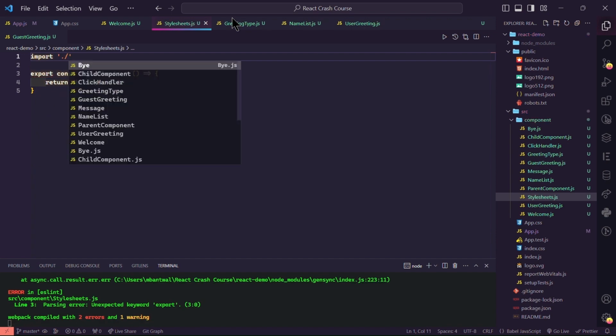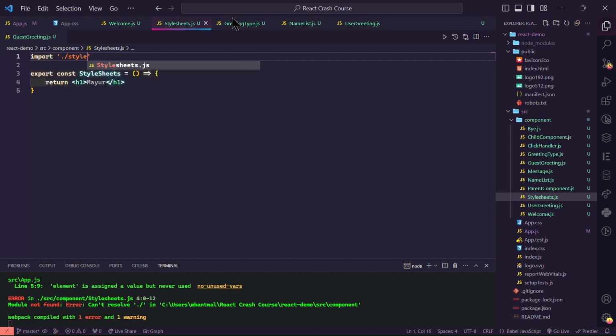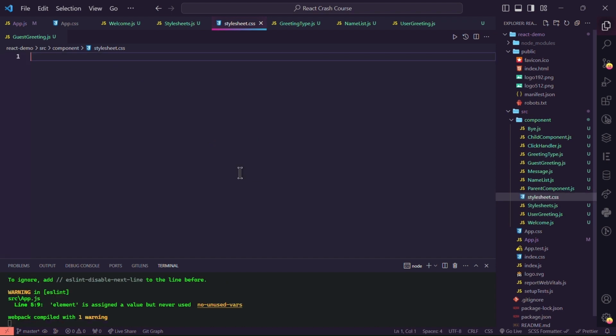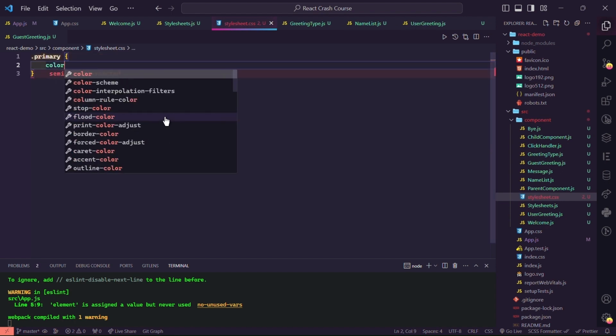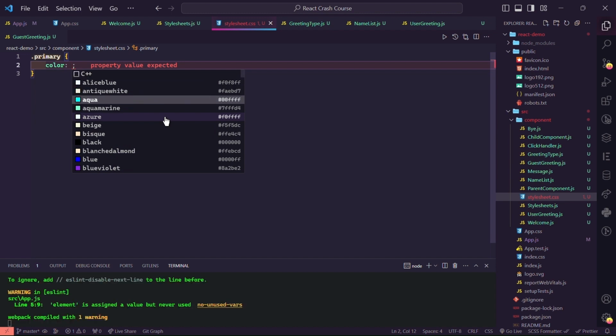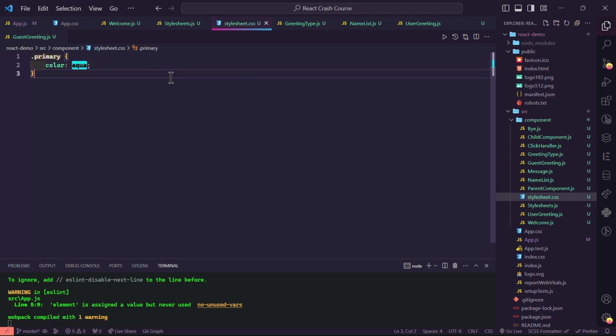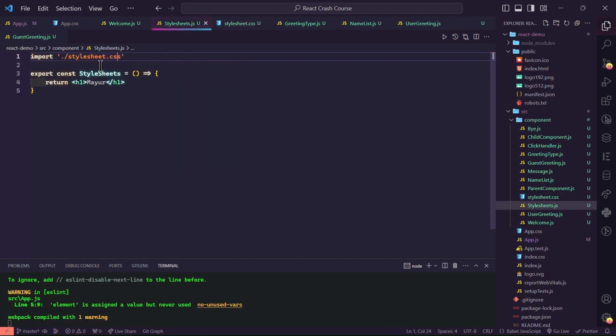Import dot slash, let's say we create stylesheet.css. We create the file stylesheet.css, and let's say we name a class primary and the color happens to be aqua. Okay, so we've connected, but over here how do you do it? We don't write class equals. As you all remember, it's className equals,